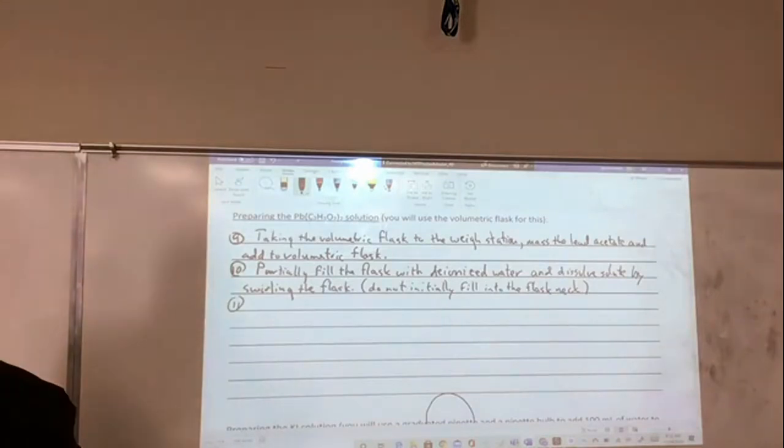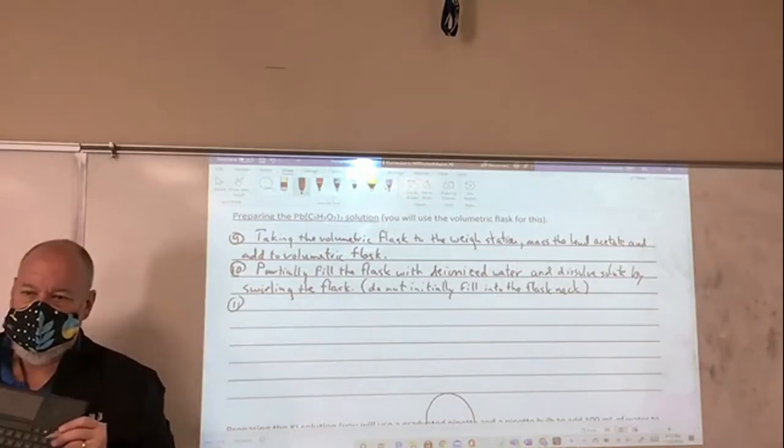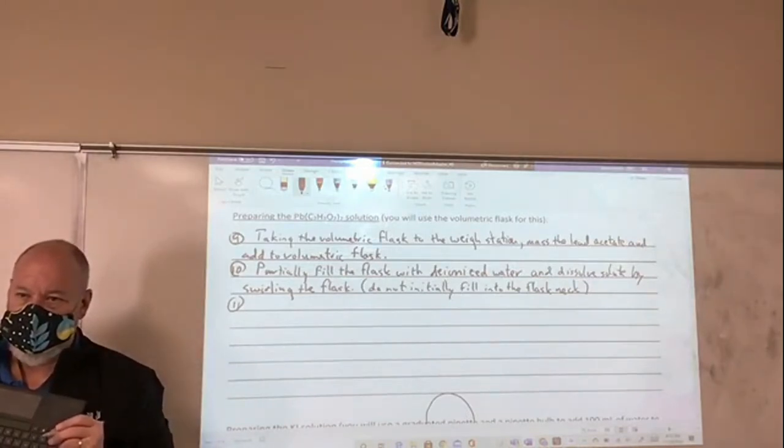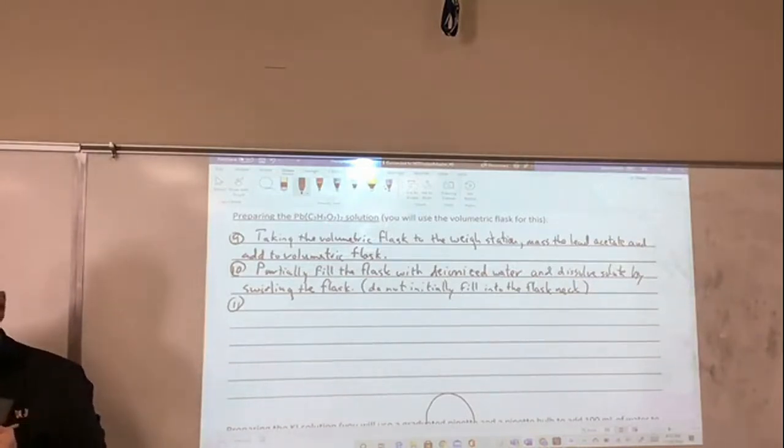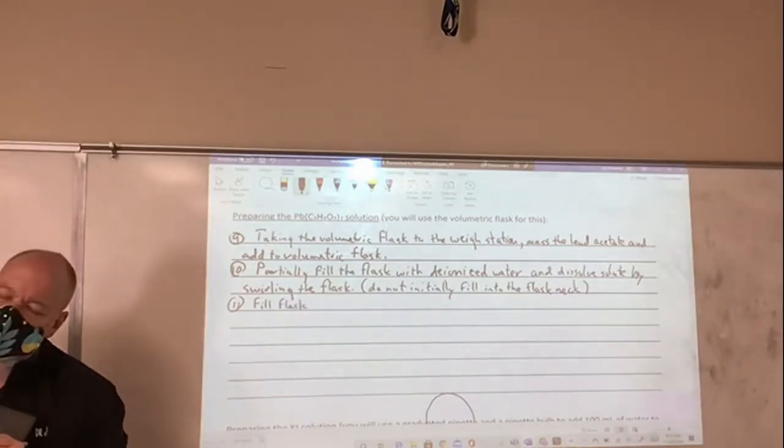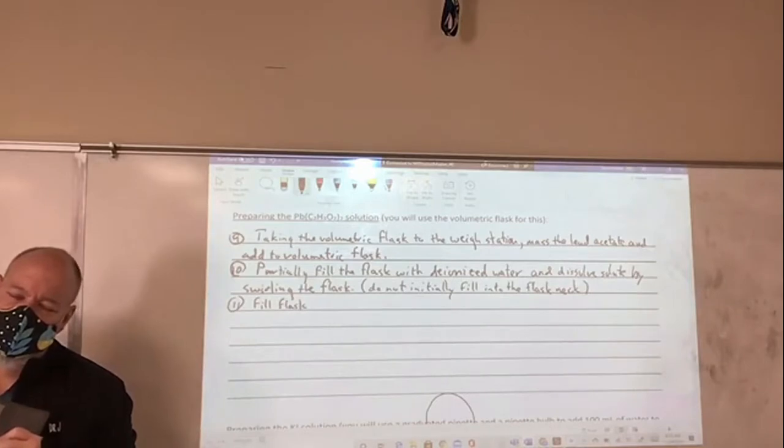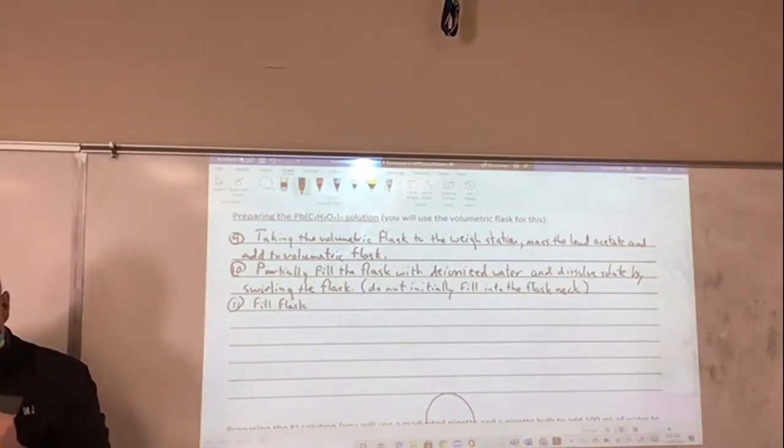Then what did we do? Got here. Fill the flask the rest of the way to where the meniscus is just below the desired line. Okay? Fill flask to where? To where the meniscus is what? Just below the line. Okay, so fill flask